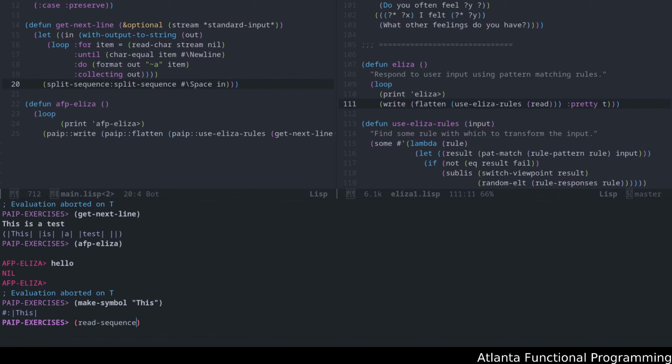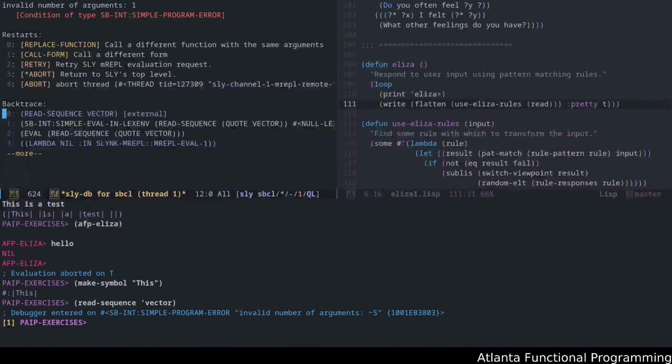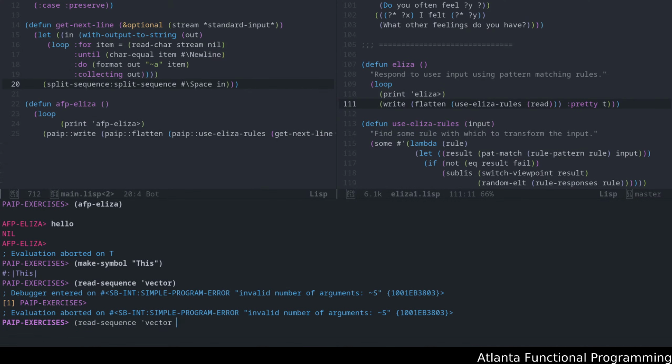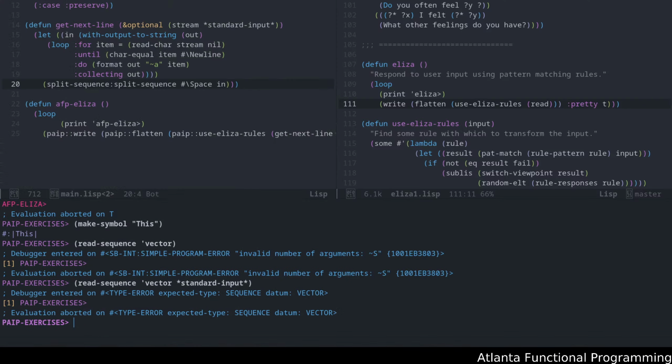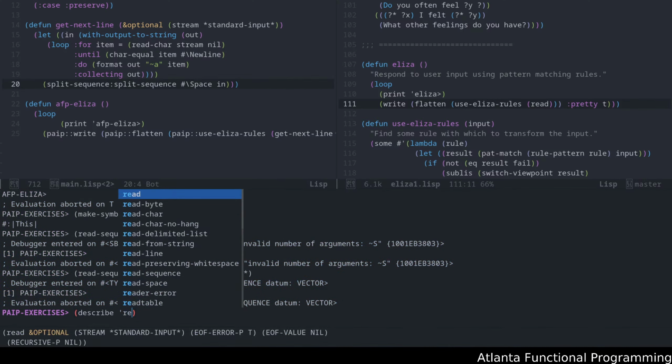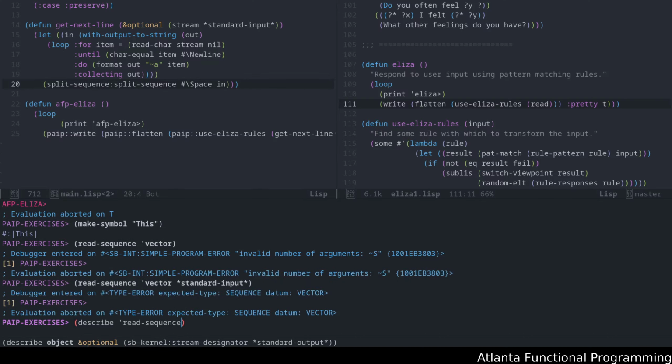So if you actually use read sequence like this and say vector, I have to actually provide standard input. There we go. And the vector is not of type sequence. One second, what does this do again? I thought read sequence actually reads in a sequence from,